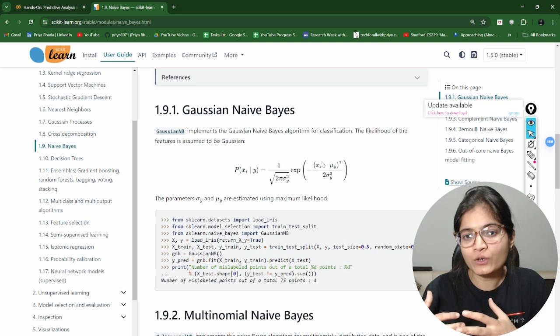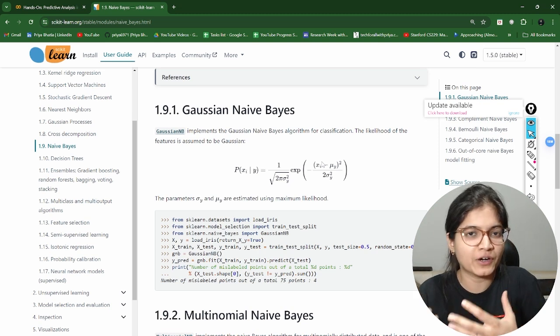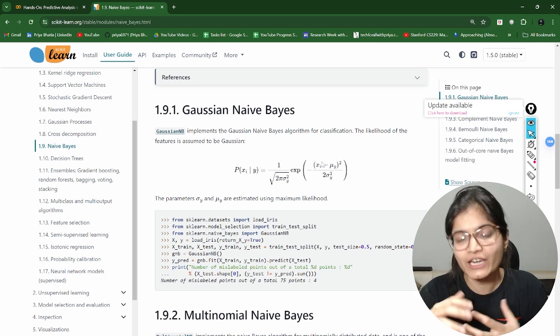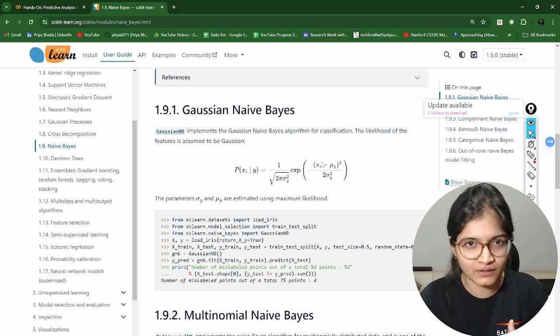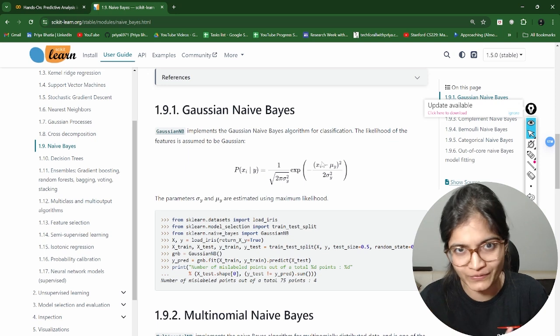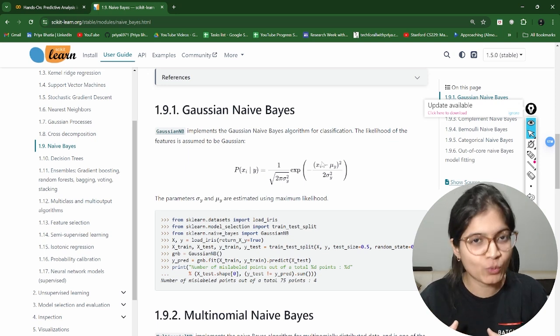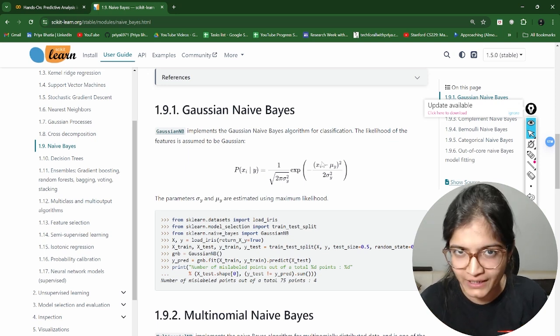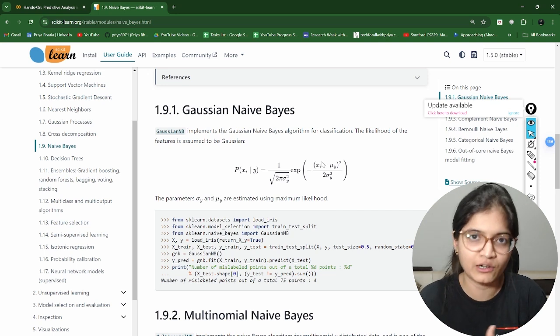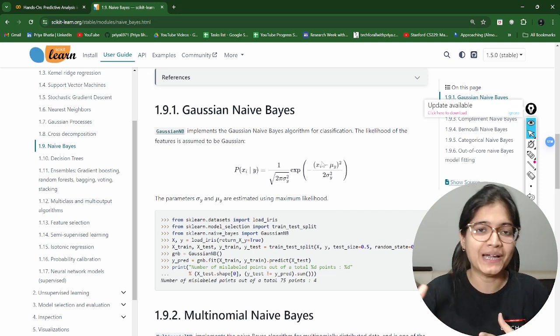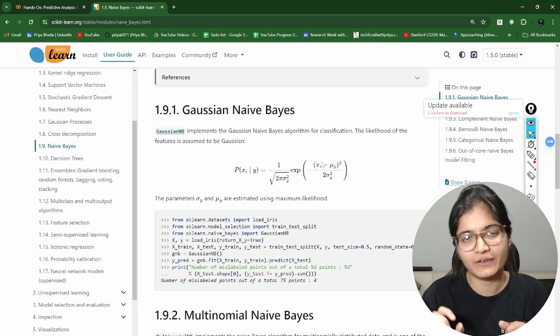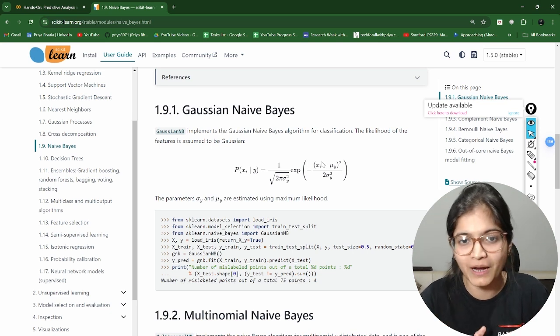If there is anyone who says, I'm not aware of these distributions or any of the distributions I'm talking about here, in that scenario, please refer to the stats videos first and get an understanding of that before jumping to this concept. Or you can refer to any article, like a GeeksforGeeks article, to understand the distributions first. That part I'm not covering here. I'm just giving you a brief idea about it.